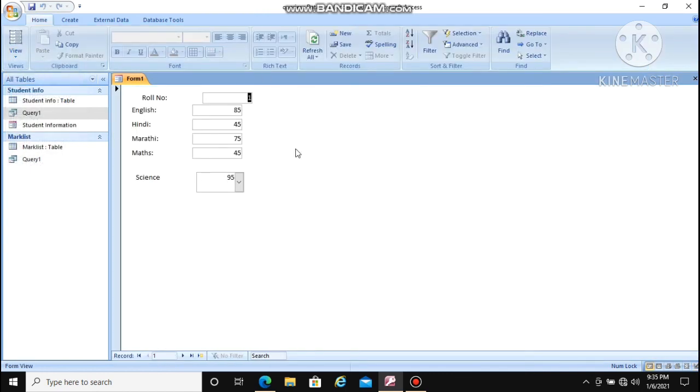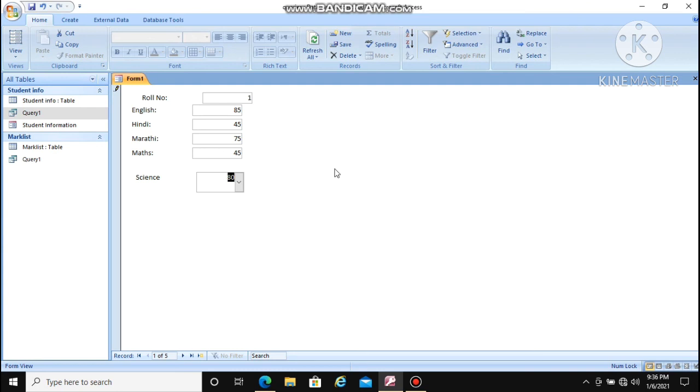Once you click, you can see the list of numbers which we created in the design view of that control box. Now if I select this, that number will automatically change. You can see here. Okay, so like this you can create the combo box in your design form.